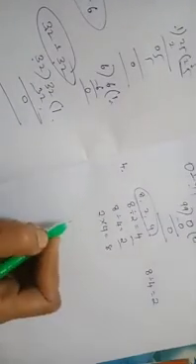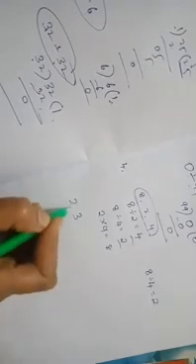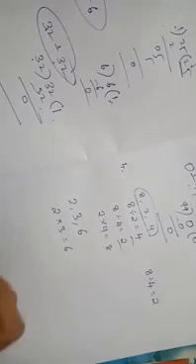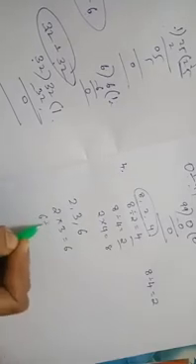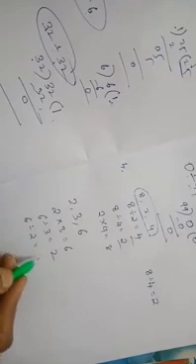Okay, children. Now, let's take another number. I took these three numbers. First, let us take 2 3s are 6. By using multiplication, I did this. By using division, how can we do this? Now, division means 6 divided by 3 is nothing but 2. Next, 6 divided by 2 is nothing but 3.